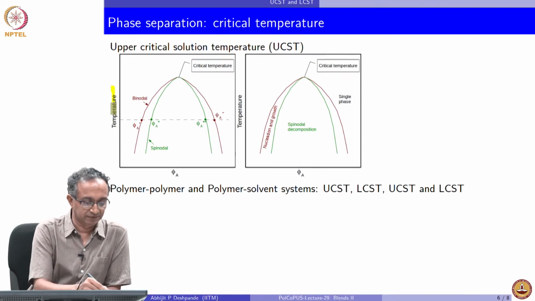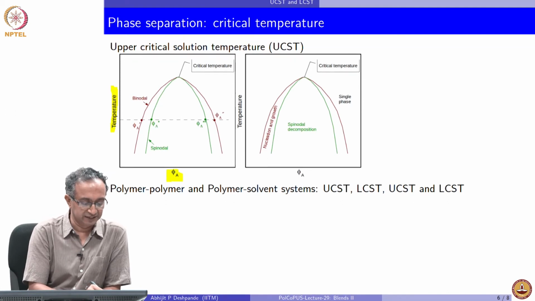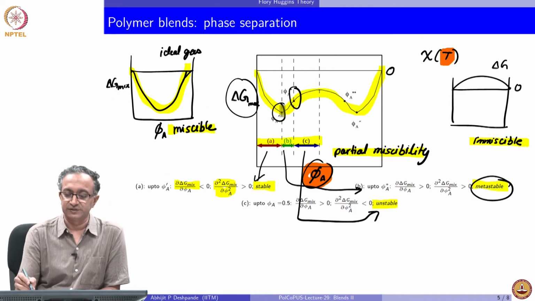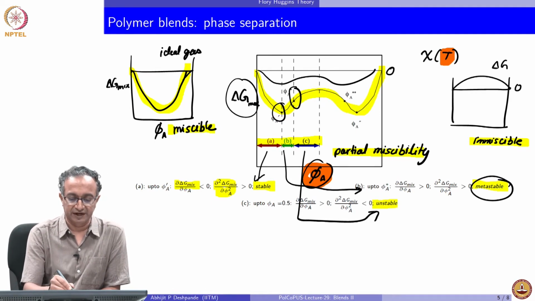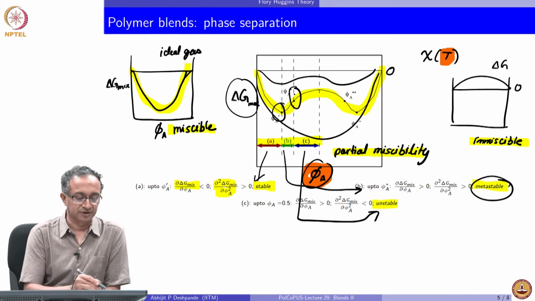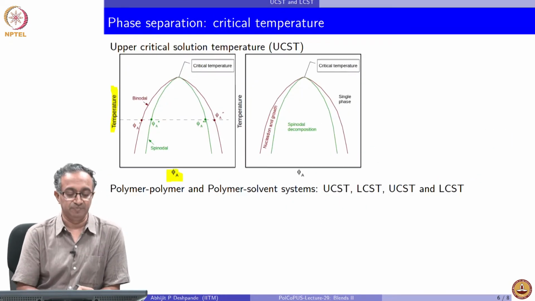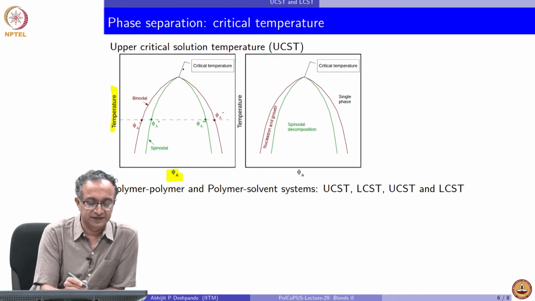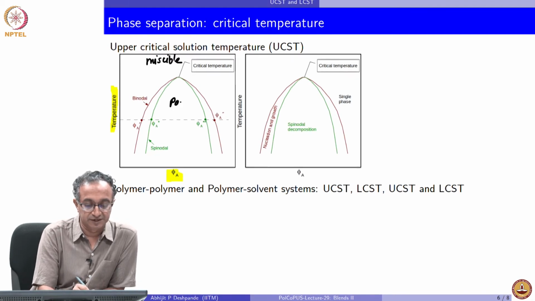And generally this is how the phase diagram looks. We are plotting temperature as a function of phi A, and what we do is take all the points which were on the previous slide, because as soon as you change chi, delta G will keep on changing, and so we will get a different family of these curves. For each of them, at each and every temperature, we can note the phi and construct the phase diagram. And then what we see in the phase diagram is that we can recognize a region which is completely miscible. Then there is a region where there is partial miscibility, also called the miscibility gap.